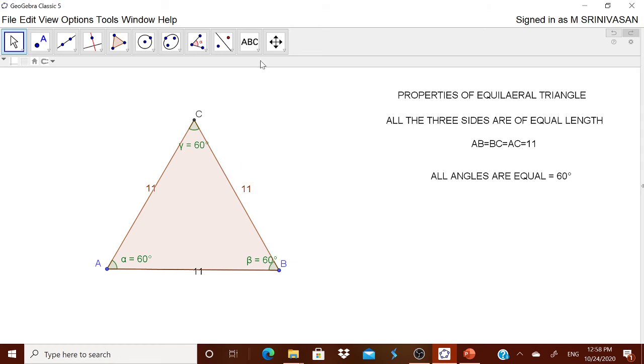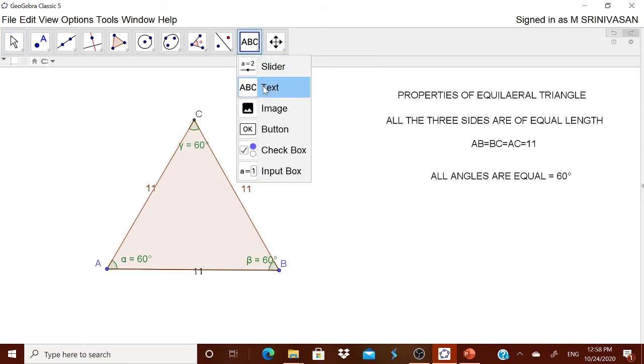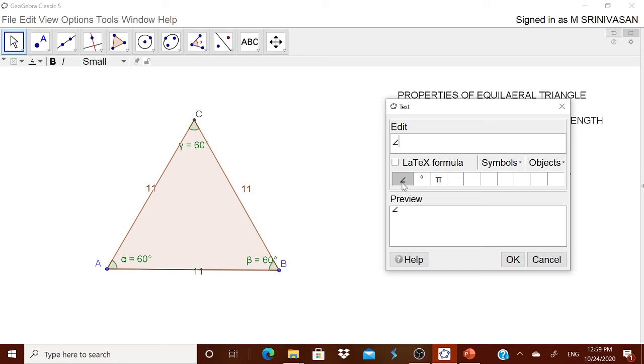Now if you want to show it to the children, you can show it this way also: angle A is equal to angle B is equal to angle C equal to 60 degrees. Just to explain to them what the angles are and how they behave.